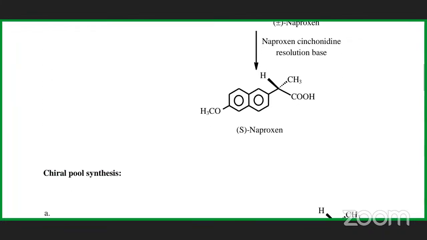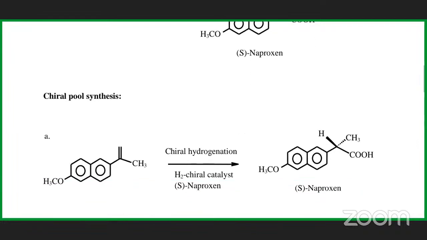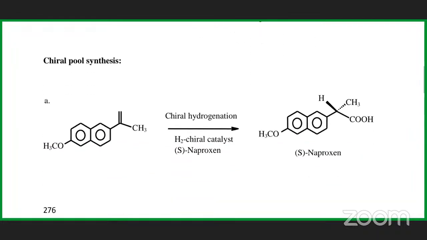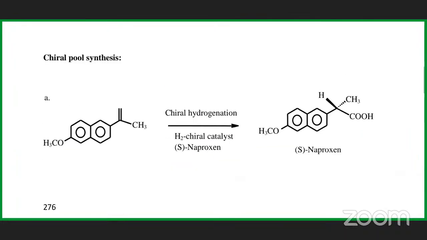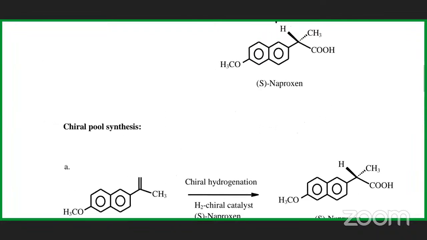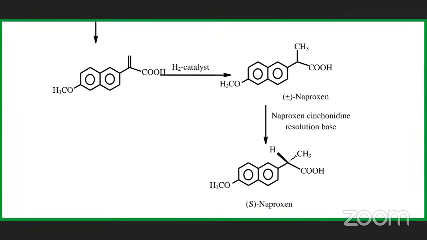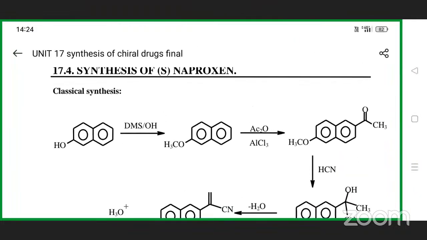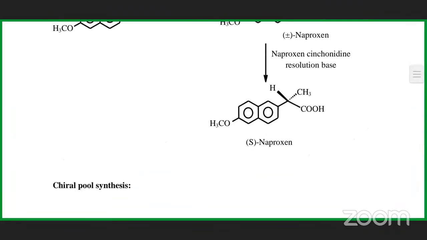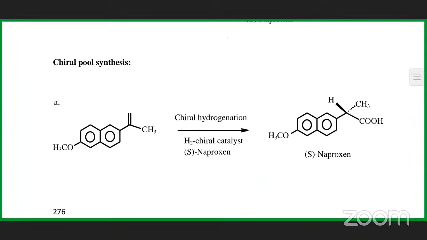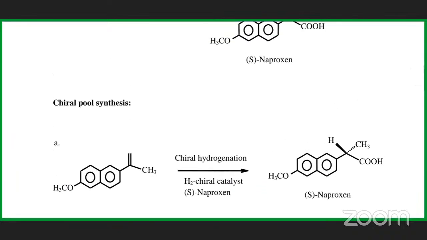Okay, so we got this fraction here, and the chiral pool synthesis is again very simple. In the chiral pool synthesis, you start with beta naphthol. In the textbook, they have given only the route by taking this particular